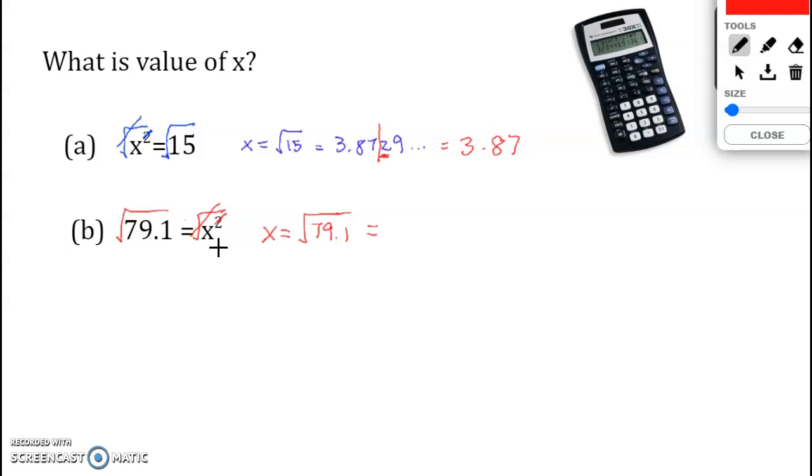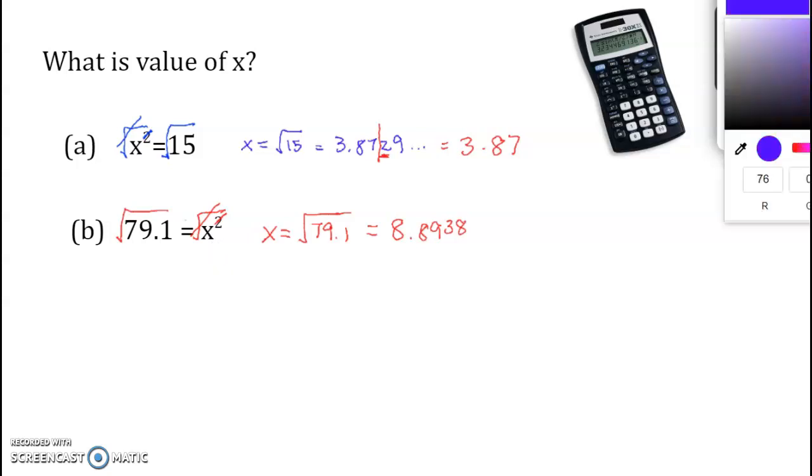Okay, and I get 8.8938 and so on. And again, if I wanted to find two decimal places, I need to cut it off right here, looking at this digit,